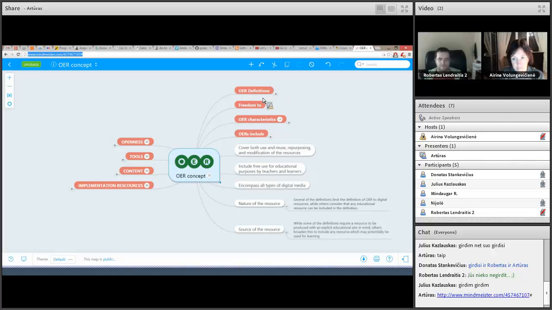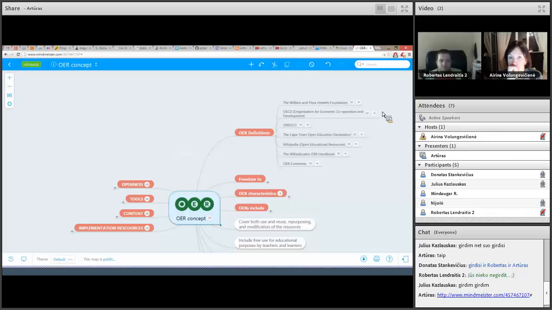First of all, we try to put all publicly accepted OER definitions, which you can find in this branch. So here it's all kinds of organizations and other groups working with that problem, how they define that concept.